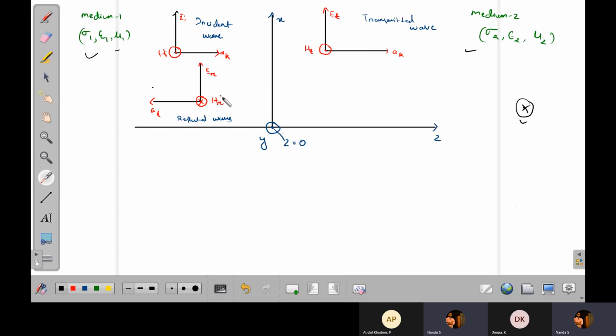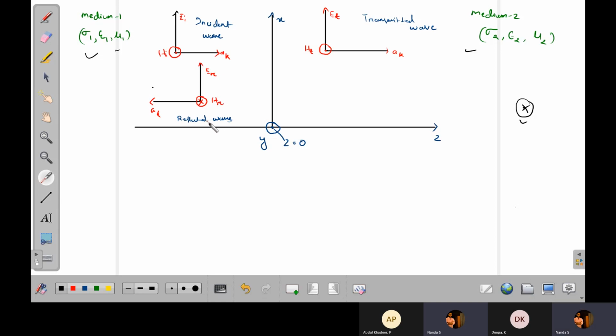Think of the wave as one wave. If you put two pens perpendicular, one pointing towards you and one pointing in the vertical direction, that is the electric field and H field arrangement that is traveling. If that is reflected back, what will happen? It will just flip. The H field which is pointing to you will flip and travel back, and that pen will be flipped 180 degrees, meaning it will be directed away from you, and the other pen, which is the X-directed E field, will remain the same. So that is what I have tried to show here.